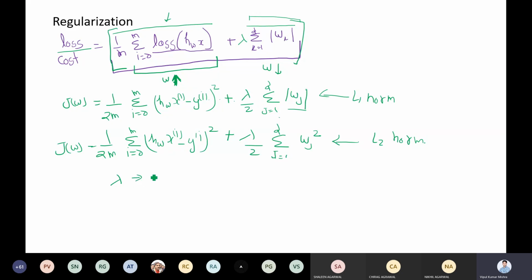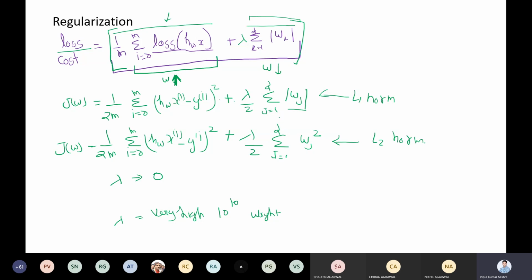If you look into the lambda value, suppose lambda is 0 in one case, and in the second case lambda is very high, let me say lambda is 10 to the power 10. Now when it is 0, it is quite clear this entire term will be gone and you are left with the original loss function. Now suppose you make the lambda value very high, then what will happen? What impact will come into the loss, or what impact will come to the weight values? If lambda is very high, 10 to the power 10 or 10 to the power 20, then what will happen to W?